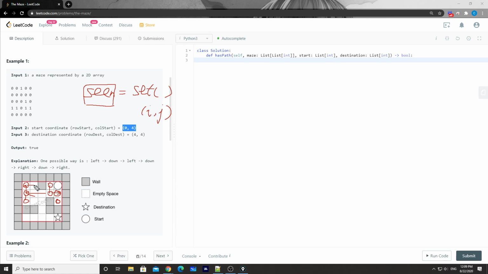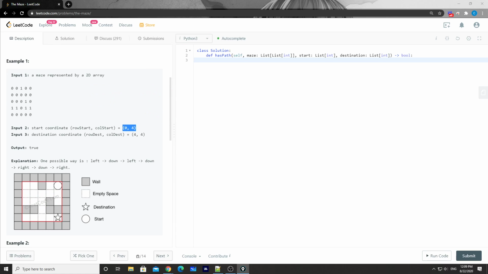Then this one will go here. It will roll to this position, and this one will roll to here. From here onward, you can either go up or go down. When the ball reaches here, it will also go left or right. And here is nothing, but when the ball reaches here, we find our target. Then that's done.